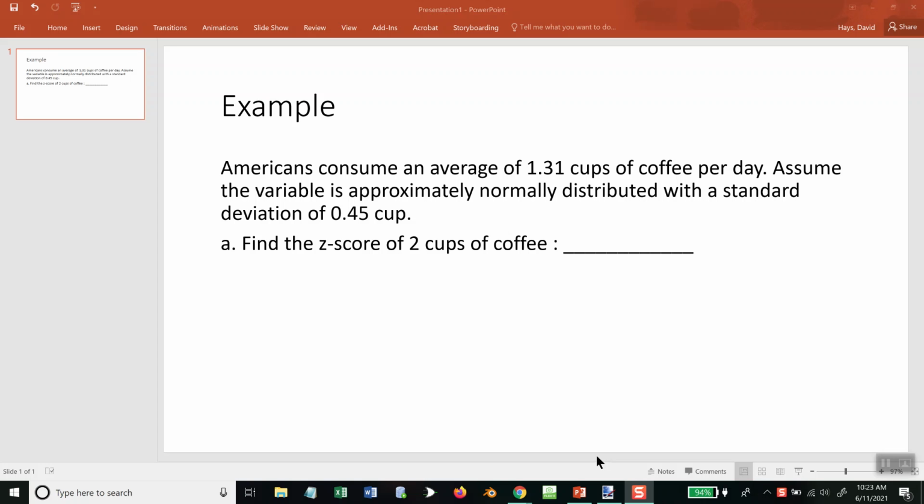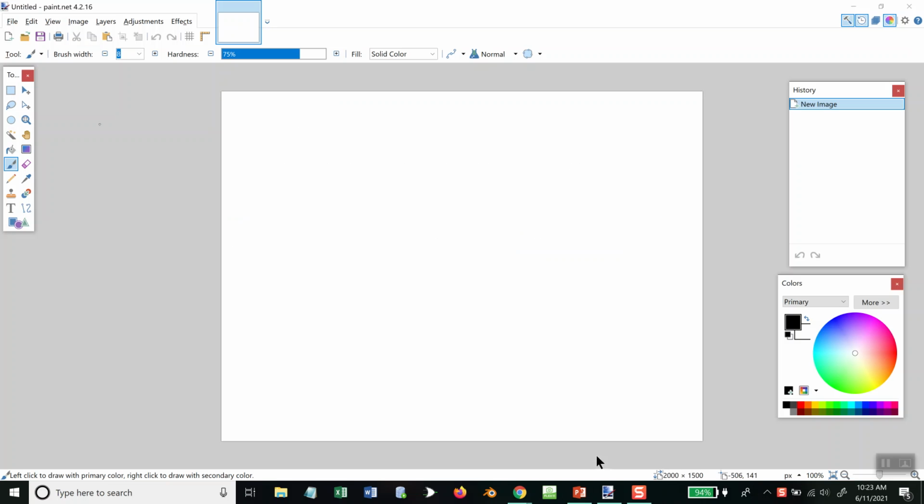Okay, in this problem, we got Americans consume an average of 1.31 cups of coffee per day. Assuming the variable is approximately normally distributed with a standard deviation of 0.45. Find the z-score of two cups of coffee. Now the z-score,